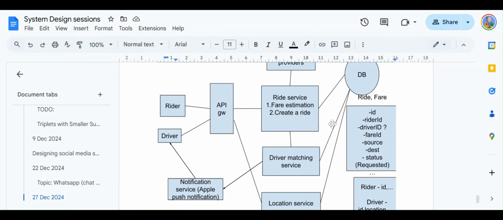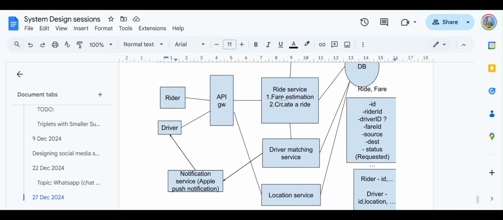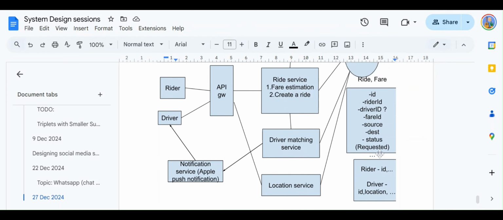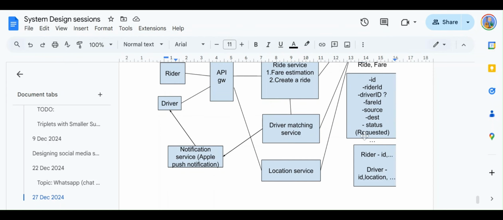So at this point in time, this is the entire workflow. The driver matching service is going to send a notification to the nearest driver. The driver has this popped up notification, and as soon as he clicks on accept or deny, it is going to send a patch request to the ride service, and the ride service is going to update the status of the ride entity in our database, so that our ride entity shows the real-time status of the ride object.